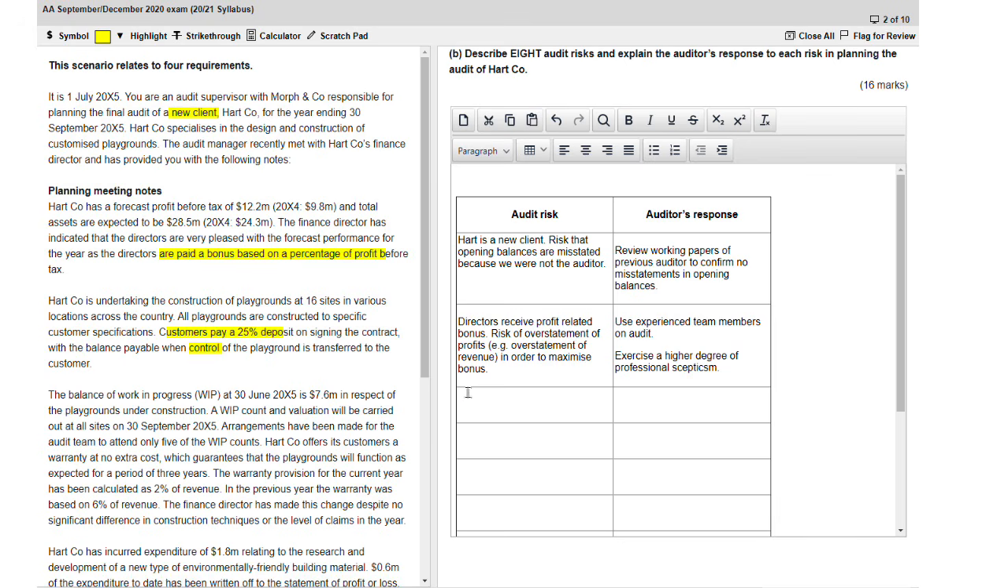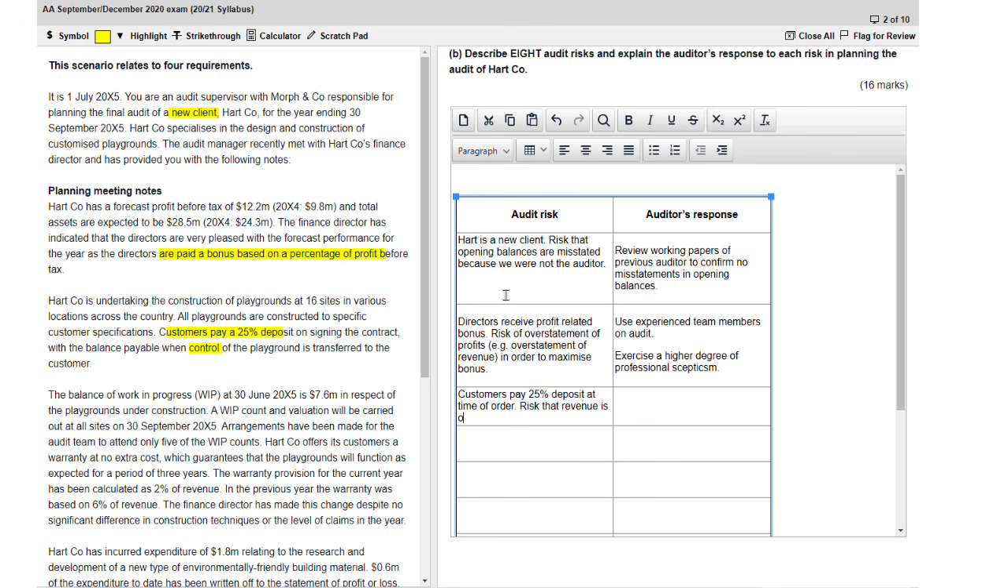So let's just put down the point from the scenario. Customers pay 25% deposit at the time of order. Magic word, risk that, here we go, revenue. It's quite clear, isn't it, that it could be overstated, it's not understated. So be clear, overstated